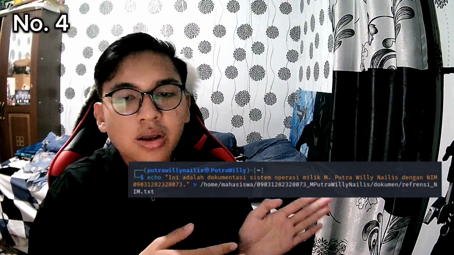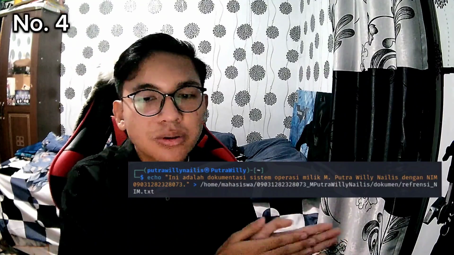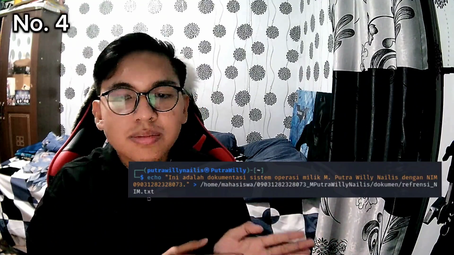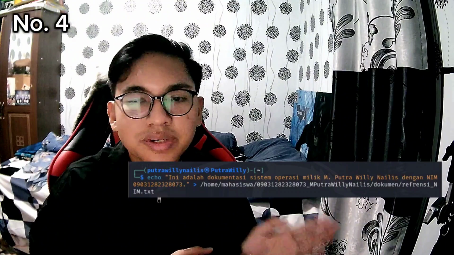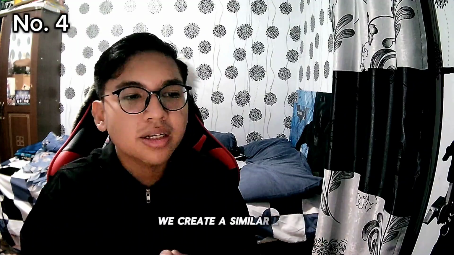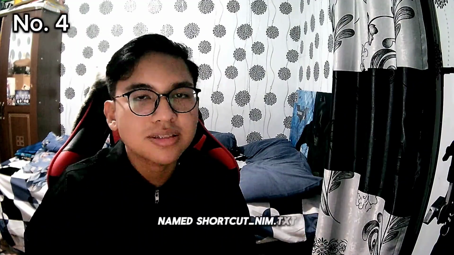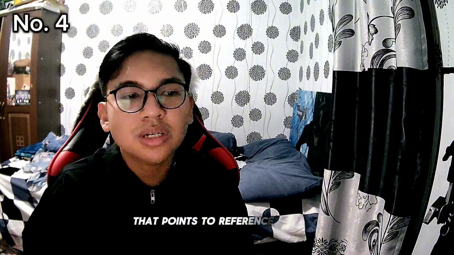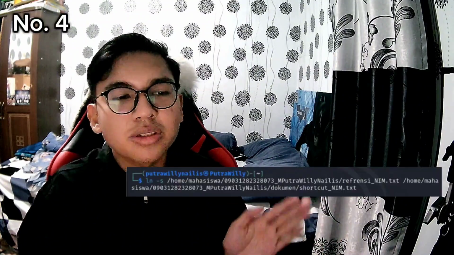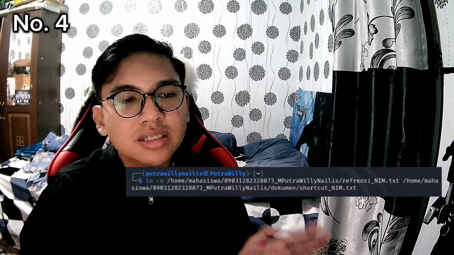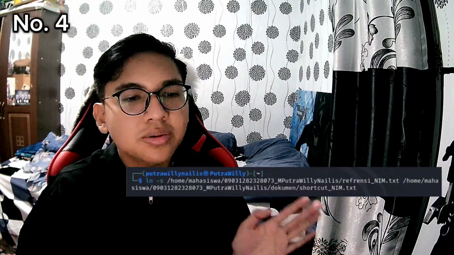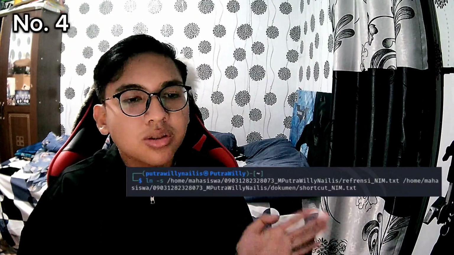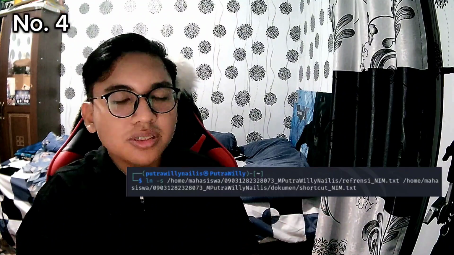And then we're going to save it to /home/mahasiswa/name/fullname/document/reference_name.txt. After that, we're going to create a symbolic link. We create a symbolic link named shortcut_name.txt that points to reference_name.txt. We're going to use ln -s, and then we type /home/mahasiswa/name_fullname/document/reference_name.txt. After that, we're going to type again